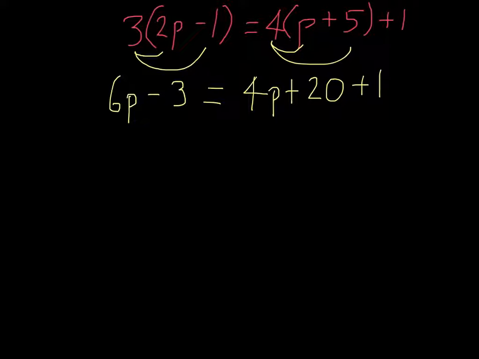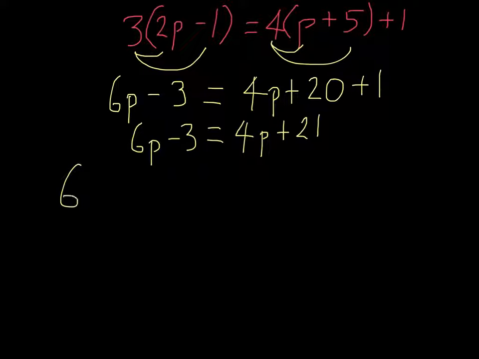So same thing, we might simplify this straight away and combine the like terms on the right hand side of the equation. So we'd have 4p plus 21. So it makes it a bit simpler. Same thing, we need to try and get some of the algebraic value or the pronumeral or the lots of p over to one side. So in this case, I'm going to take away 4p from both sides to get rid of this part of the equation. So I'm going to have 6p take 4p, and yet again I'm combining the like terms so they're near each other, take 3, which is equal to 4p